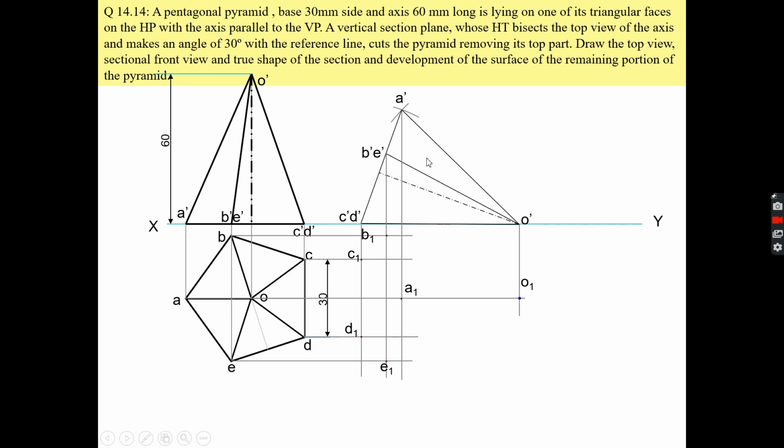So when you're drawing the top view of the solid, okay, which portion is visible and which portion is not visible? How will you decide? I have already told you when we were learning the projection of the solid. When you see it from the top, your O dash A dash will be visible, okay, and this is your triangular face OAB, okay. So OB and E point will be visible to you when you see it from the top, because they are not just below the A point, right?